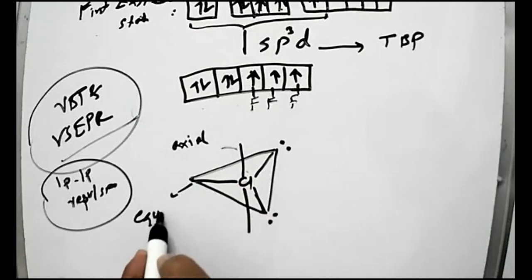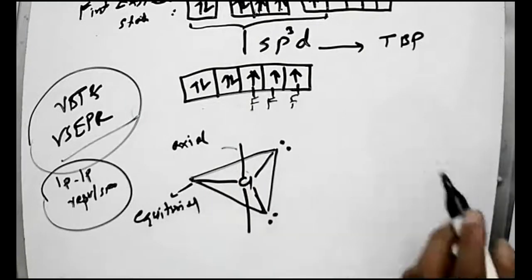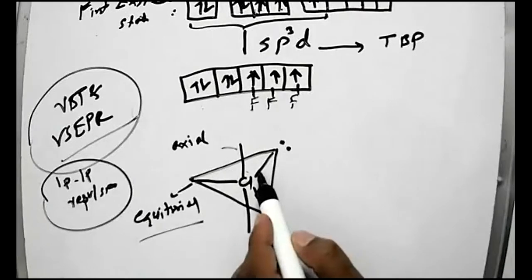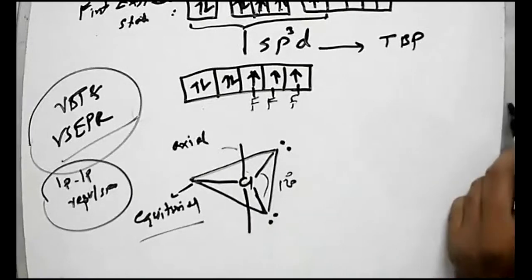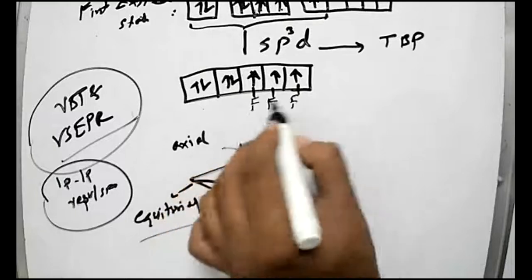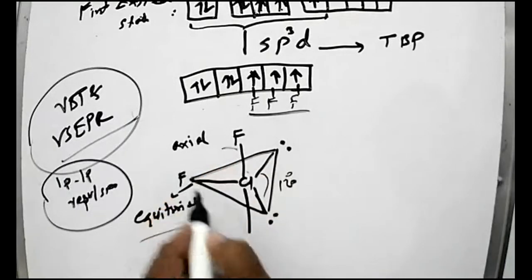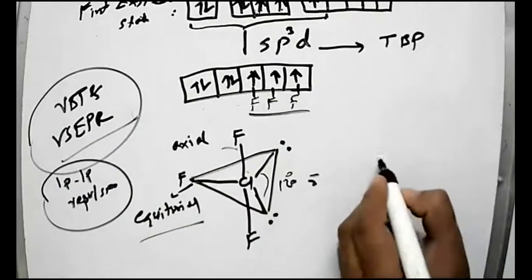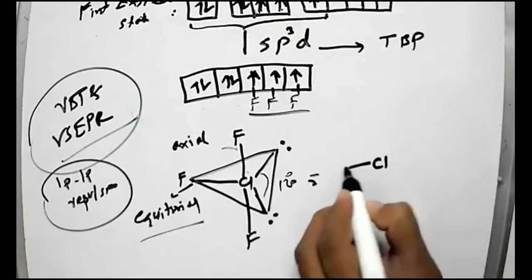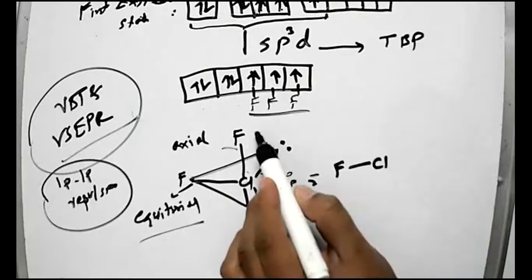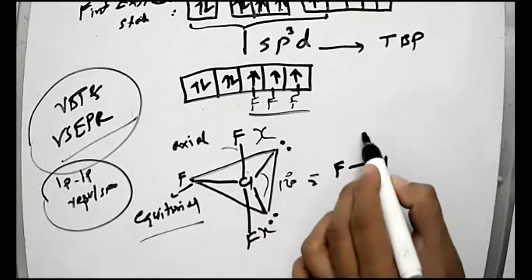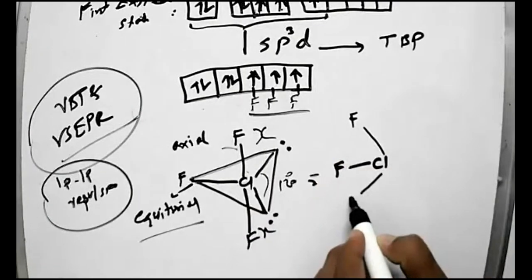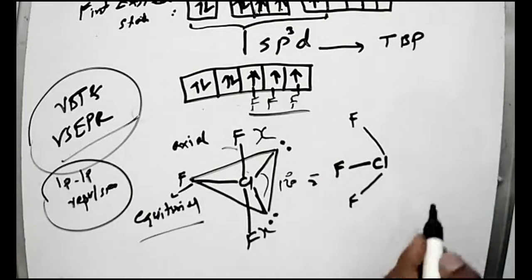It's a basic idea of chemical bonding. So these two lone pairs occupy the equatorial sites because the distance between them is maximum. There is 120 degree. Now the remaining bonds are occupied by three fluorines, 1, 2, and 3. And we can draw like this. Here we draw Cl, and here fluorine, and again there is a repulsion between these two and these two. So the fluorines slightly shift like this, and it's a bent T shape.